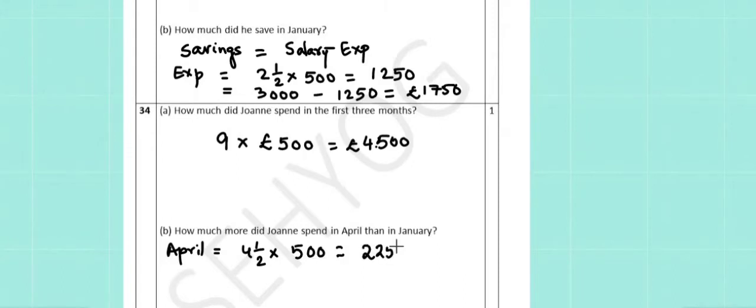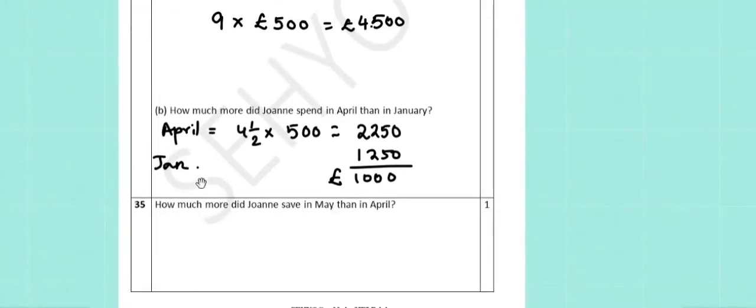So 4.5 times 500 gives us 2250, and from there we subtract his expense in January, and that gives us 1000 pounds more, which is our